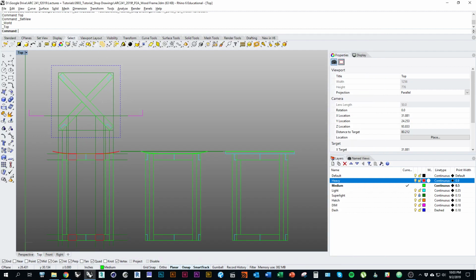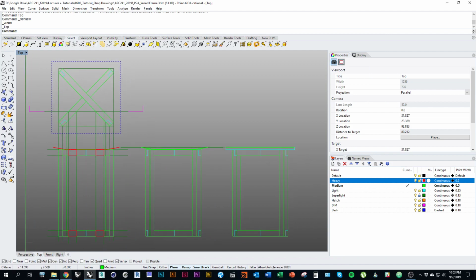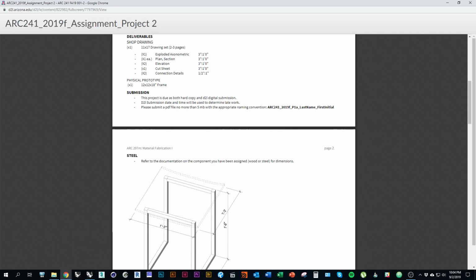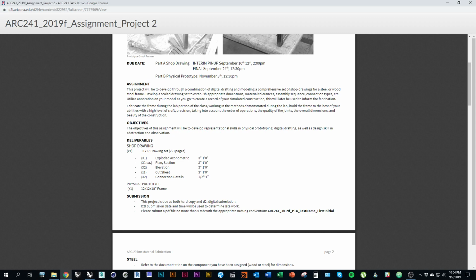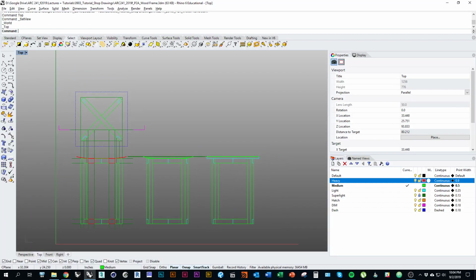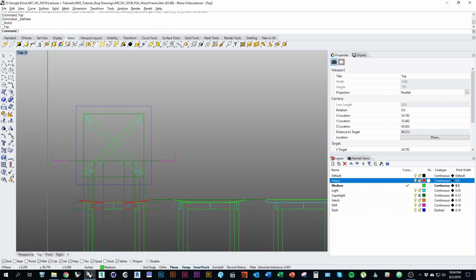Okay, in this tutorial I'm going to describe how to generate a 3D model of your stool so that we can make this drawing, your exploded axonometric. Okay, so the first thing I want to do is start by using the plan drawing that I've generated of this